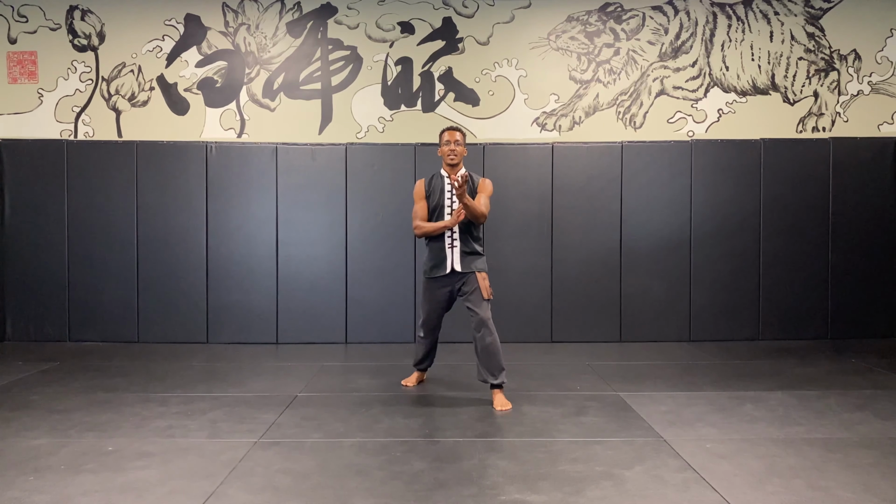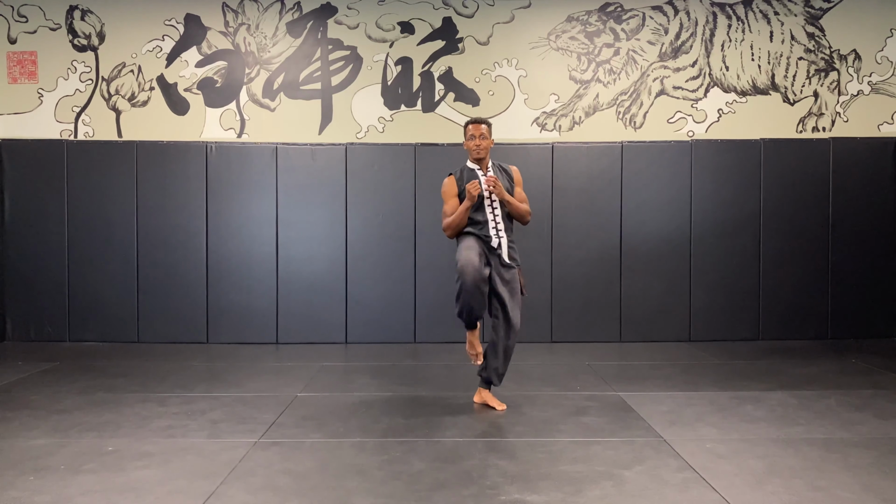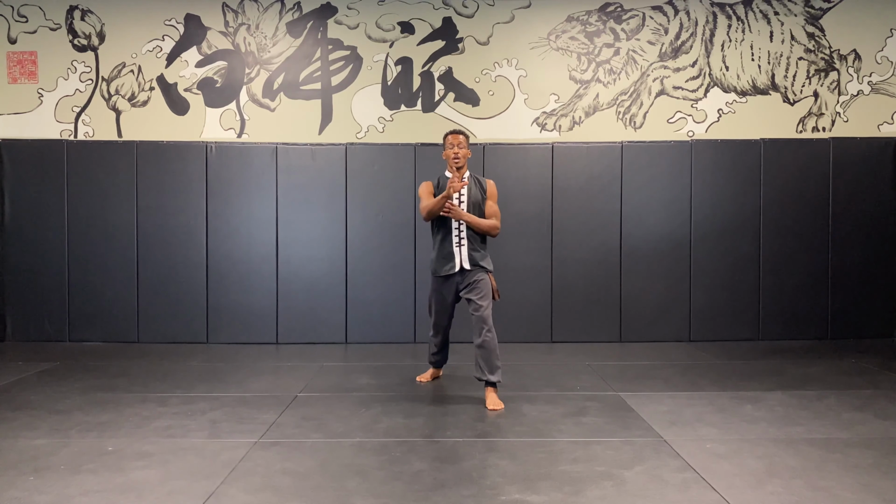Now that we've covered our tiger tail kick and gotten a good foundation in our movements, let's talk about our push kick. So we're going to start in our fighting stance. Instead of kicking with our foot flat, coming underneath for our kick, we're going to push forward with the ball